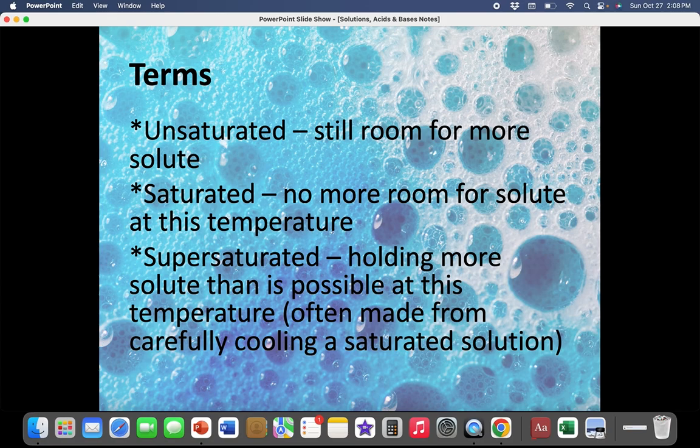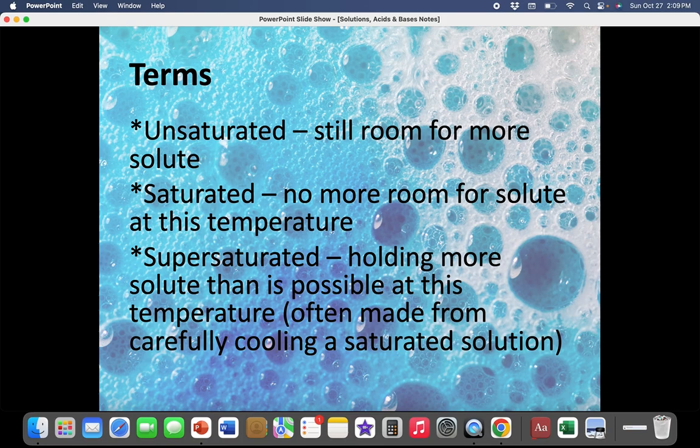There is a condition that's kind of interesting called supersaturation. It happens when a solution is holding more solute than you would normally expect at that temperature. Supersaturated solutions are an interesting kind of physical state. You heat up a solution, you add a whole bunch of solute to it, and then you really slowly cool it. If you don't disturb the solution, sometimes the solute can stay dissolved for a short period of time, but then if you disturb it by even just bumping it, or adding just one more little crystal of the solute, it'll all come crashing out and form undissolved solute at the bottom of the